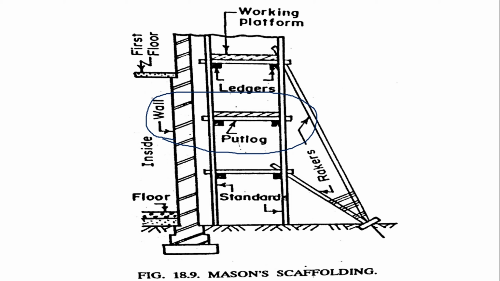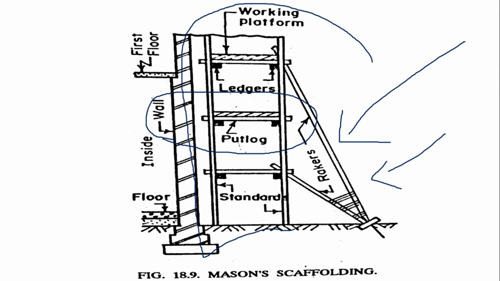Clear? So if I do not install the butt log into my wall, the problem that arises at my site is relevant to strengthening, and because of that I need to overcome this type of problem. To overcome it, I provide an extra construction, and that extra construction is referred to as the rakers. If you remember this figure, it is represented as a raking shore, and the purpose of the raking shore is only to provide support for my temporary work.